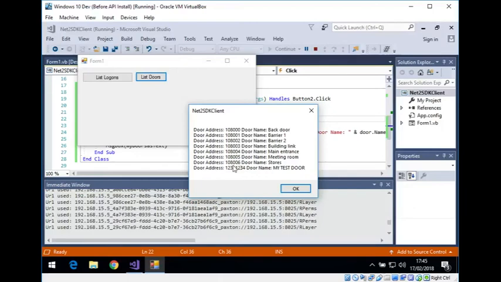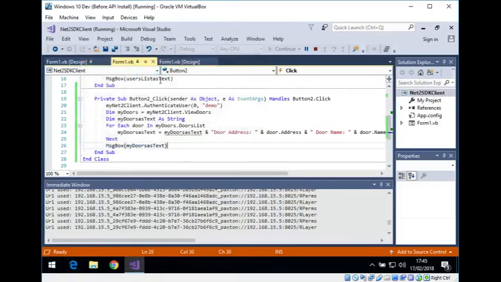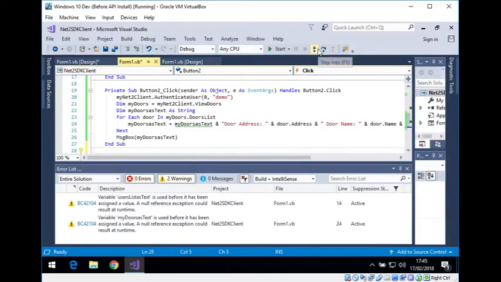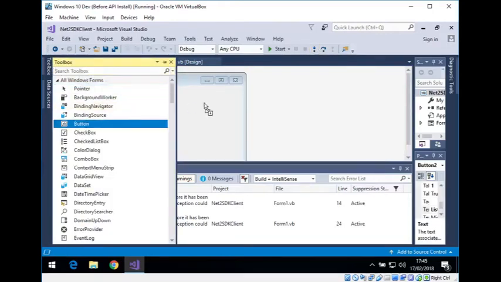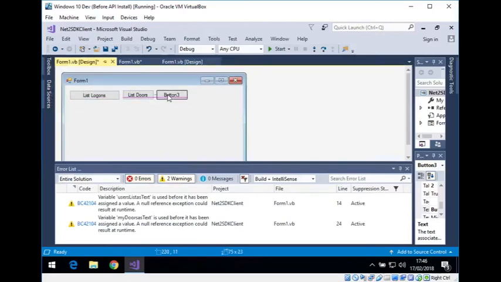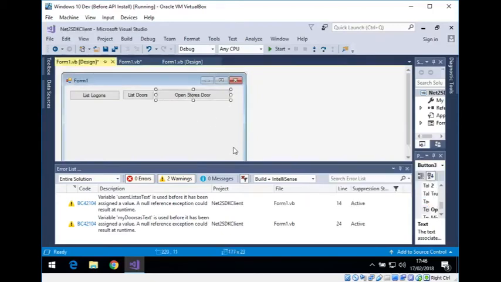So make a note of the door that you want to open. In this instance I'm going to try and open this door, which is 108006. So temporarily just chuck it in here. 108006. Going to add another button to open that door. So open stores door,